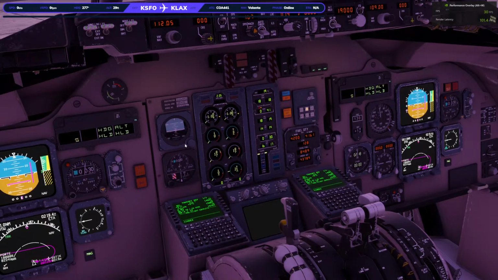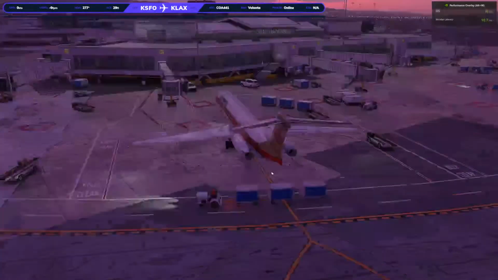FedEx 622, runway 28 right, taxi via Zulu, Uniform, Charlie, hold short of runway 1 left. Charlie. 3 right via Zulu,